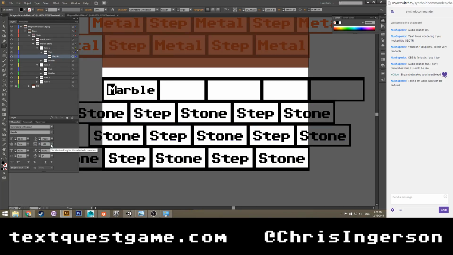The M has to be at 0, though. That's fine. Okay. So we'll have to do stone. Set that. That's going to be at negative 135. And that's going to be at 72.